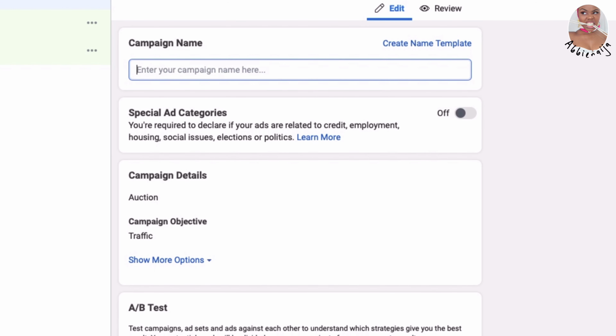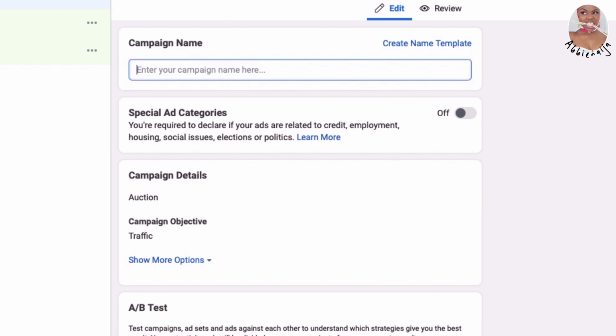I can choose to promote to people in the United Kingdom. If you want to widen your horizon and broaden your reach, then you can choose other countries as well. So you can choose Lagos, Nigeria, and you can choose the United States, or you can actually just do worldwide. So this is going to be reaching people all over the world. Once you choose the countries that you want to promote your account to, you can now go ahead to